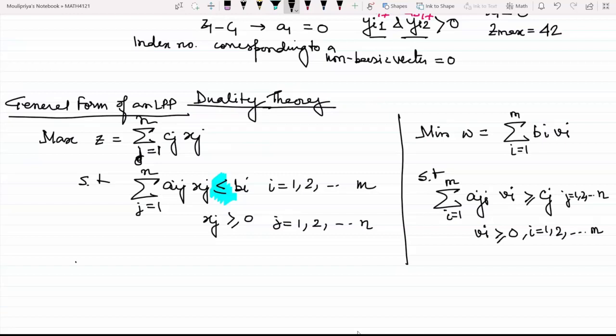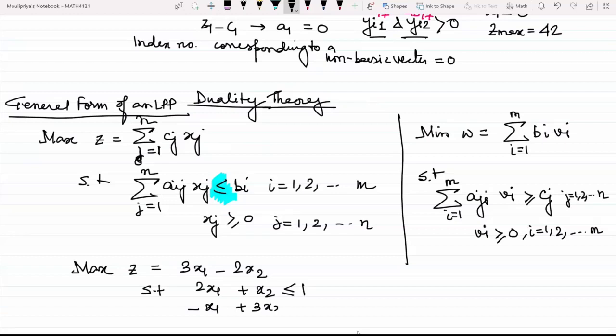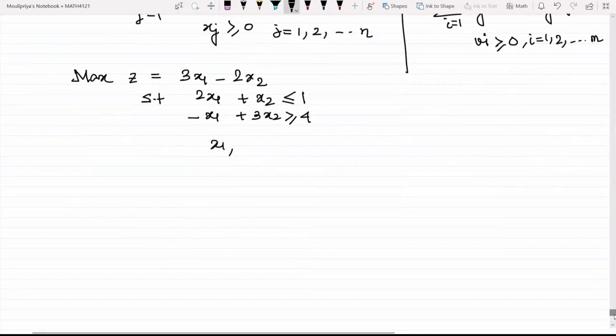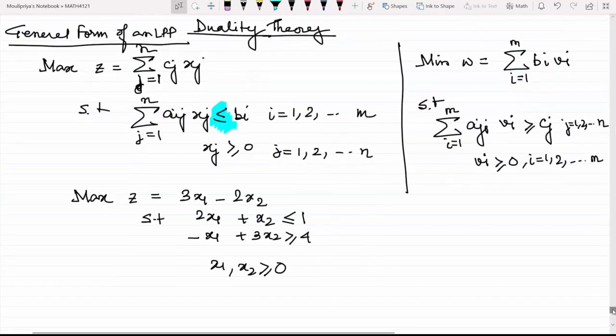That implies if I tell you to maximize z given by 3x1 minus 2x2 subject to 2x1 plus x2 less than or equal to 1, minus x1 plus 3x2 greater than or equal to 4, x1, x2 greater than or equal to 0, by the given rule, the dual would be